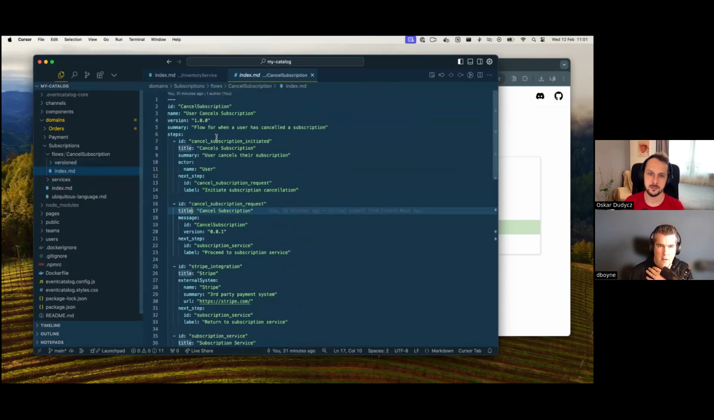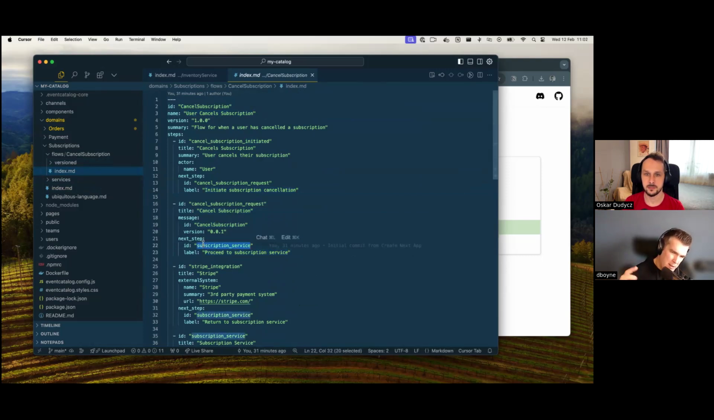Of just saying, okay, we are documenting that a user cancels a subscription. This is what happens when a user cancels a subscription. They will initiate that they cancelled, which will proceed to the service. So the way this really works is we're referencing an inventory of things already in EventCatalog. So other teams may add these resources